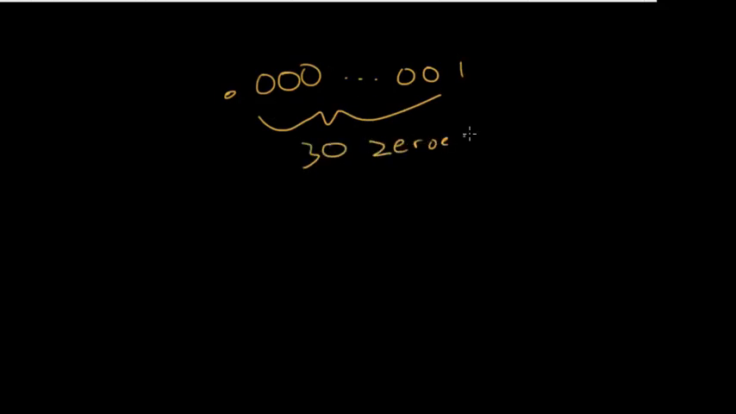So if you had something like 0.00, let's say there are 30 zeros here, and then a 1, this would be 1 times 10 to the minus 30 power. In this case, you're essentially dividing by 10 30 different times. So a number, let's say we had